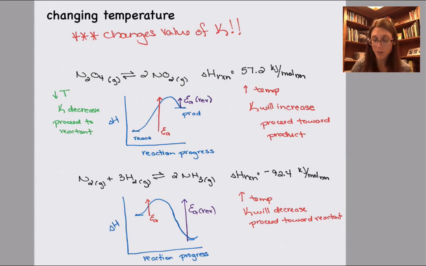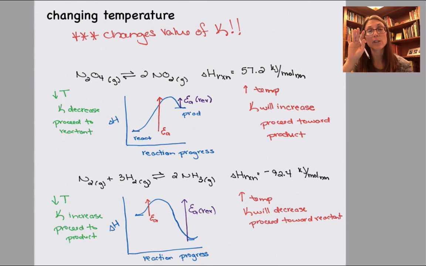On the lower exothermic equation, now if the temperature decreases, it's the reverse reaction that is impacted more. So very few of my products are going to be able to form reactants. So if we decrease the temperature, I'm going to get more products, and so K will increase, and we would observe that the reaction would proceed toward the products. And again, once you reach that new ratio, then the reaction would be at equilibrium and the concentrations would stop